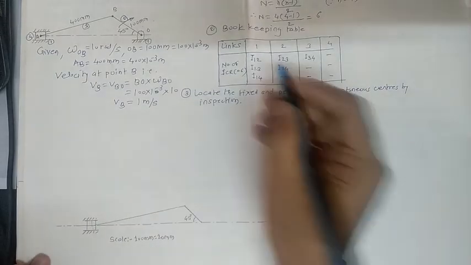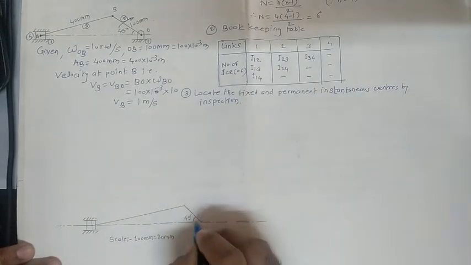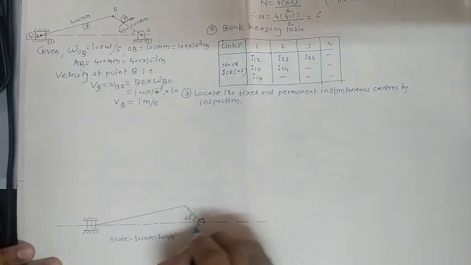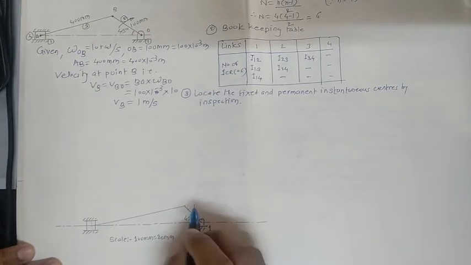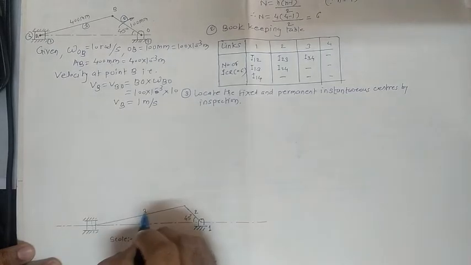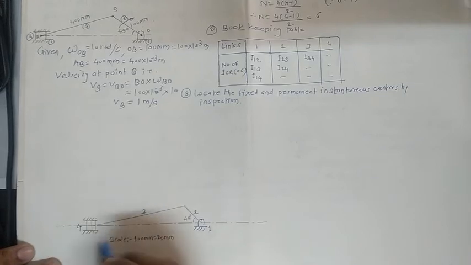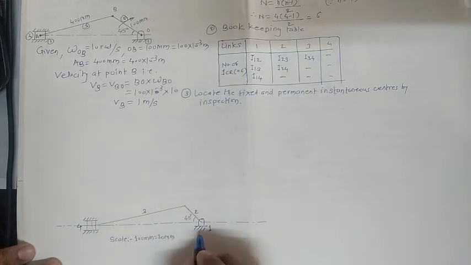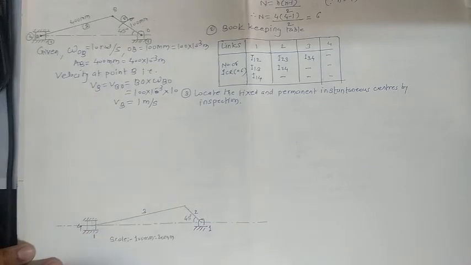In this case, we have given the number 1 for the fixed link, so here is the fixed link. Give the number 1 for this one. For the link number 2, give the number 2. Link number 3 is here, give the number 3. Link number 4 is here, give the number 4 for this one. Again, here is the fixed link, give the same number for the fixed link.